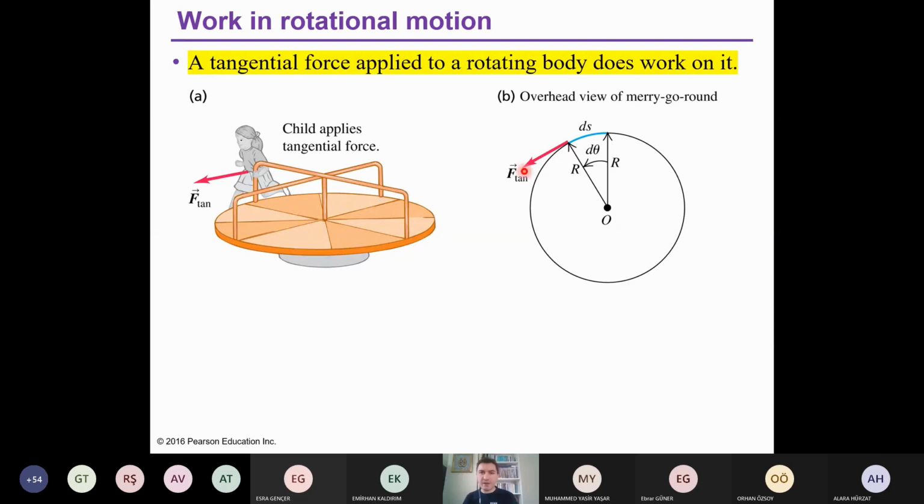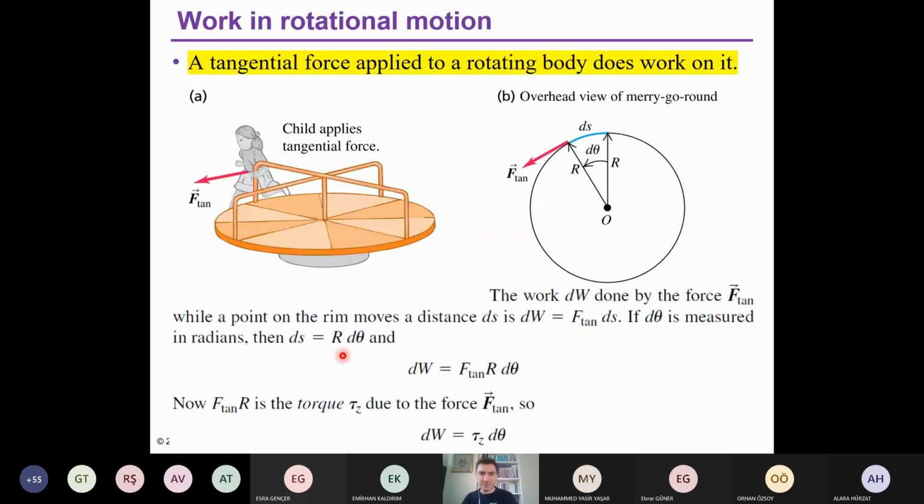This is the merry-go-round, and by applying this tangential force, this child can produce this displacement. The displacement is ds, and this ds can be written in terms of r and d theta. So the displacement is given by r times d theta. Okay, this is the displacement ds,